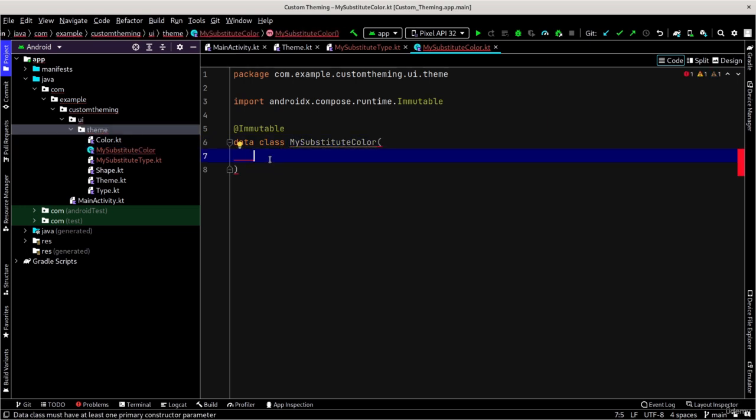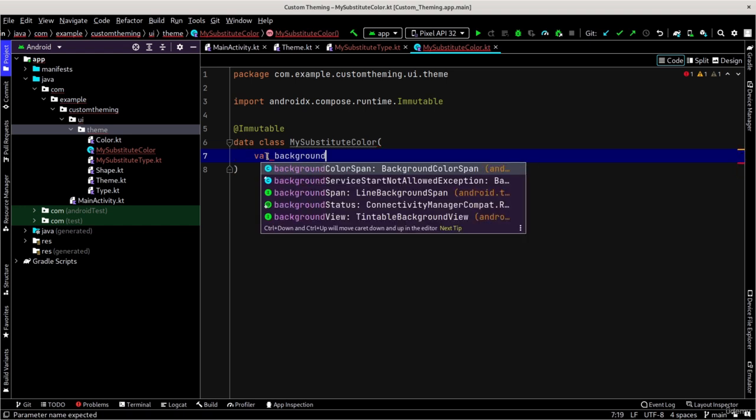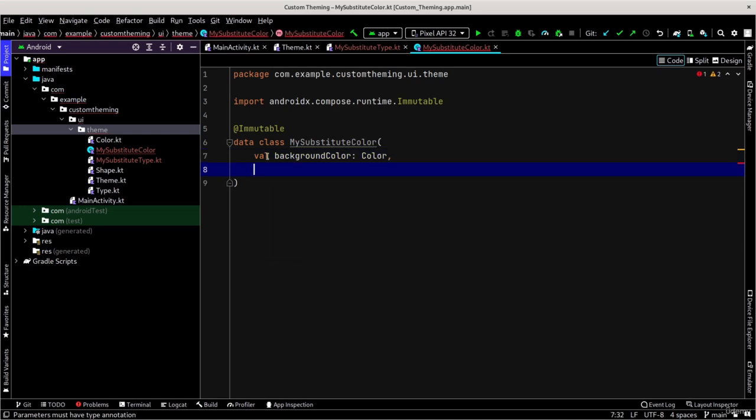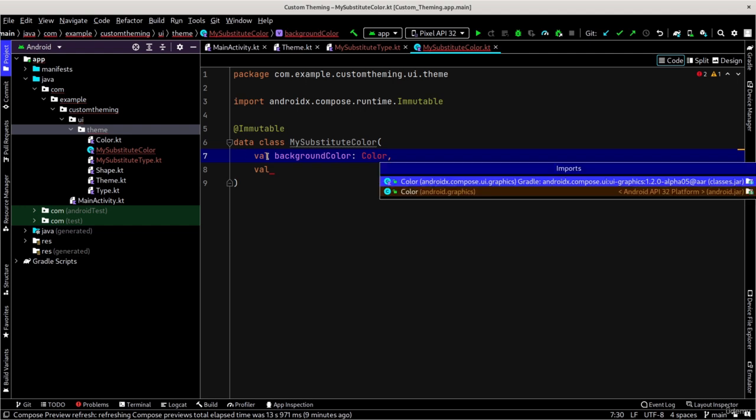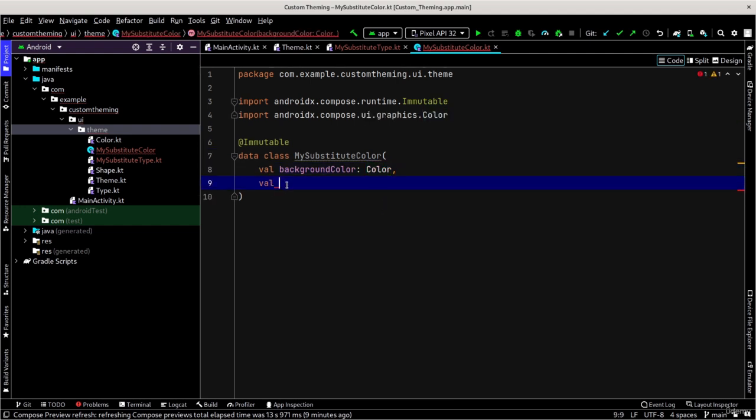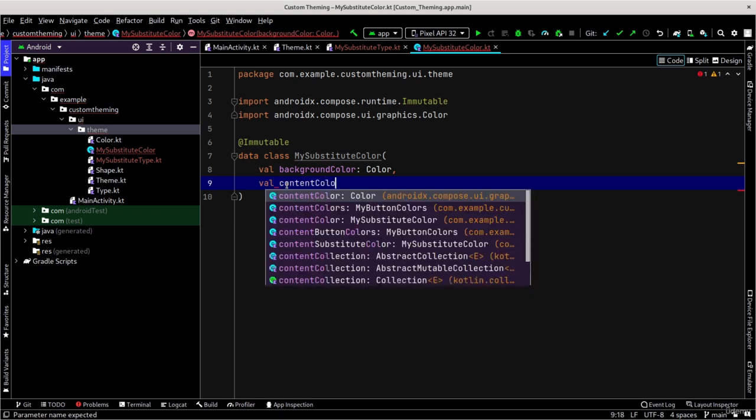And again, I'm going to make it very simple. I'm going to use a few colors like background color and content color. So val background color with the type of color, and let's also import the color from Compose UI graphics package, and content color,